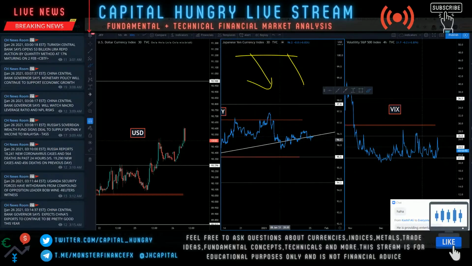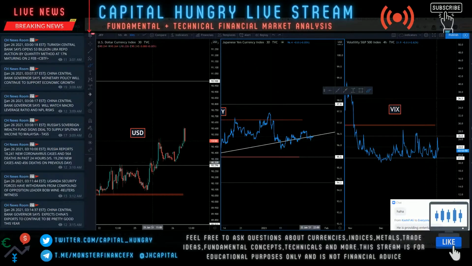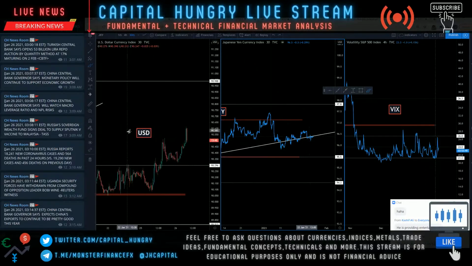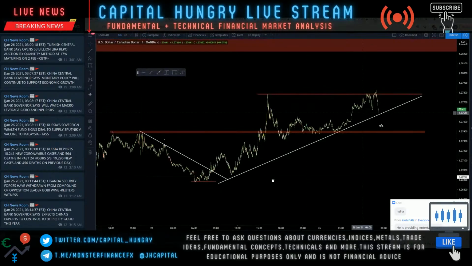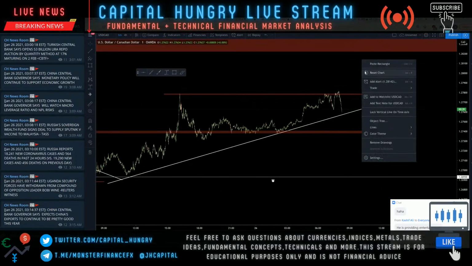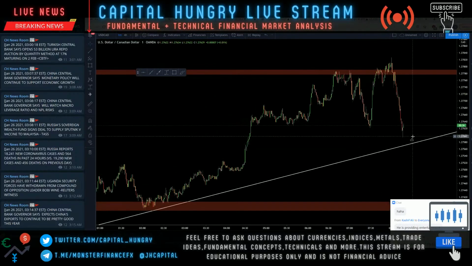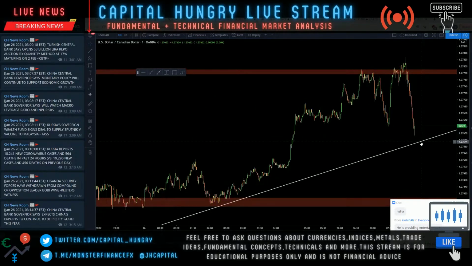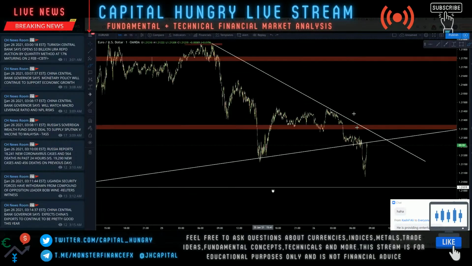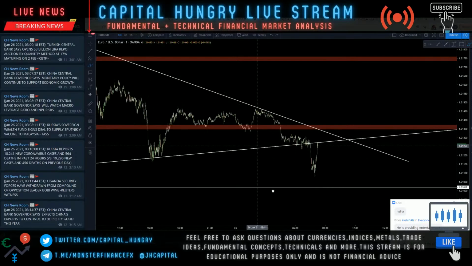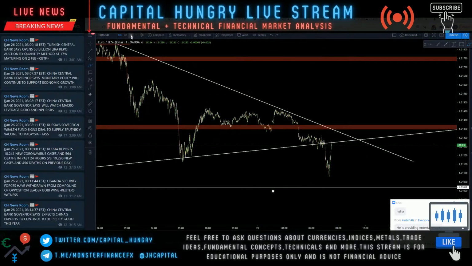Dollar's having a very deep pullback here and failing to break previous intraday highs, but still nothing to execute on just yet. UCAD is coming to retest the bearish market structure. Let's see if we can create a lower time frame support here. If we break below this bullish structure, do not take buys, but keep an eye on that. Euro USD also, let's watch if Euro USD is coming on the new hourly candle.